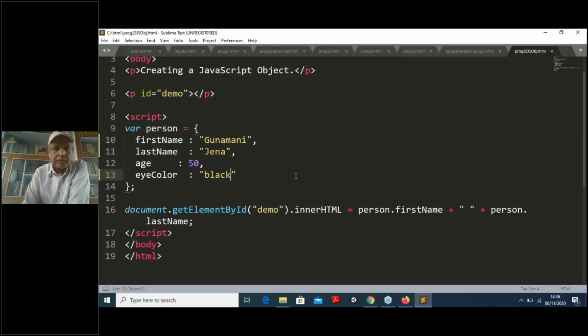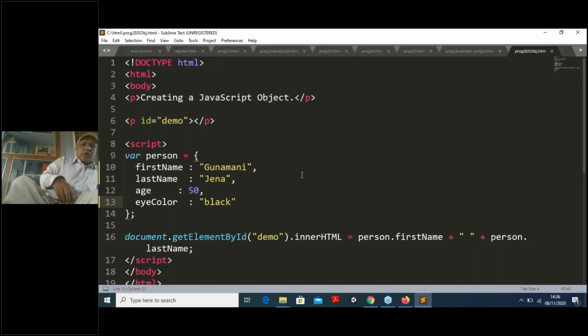Now come to the programming part here again. You try to understand our aim here inside the HTML. See, you are not using any language Java. Remember, this is not a Java language at all, and it has nothing to do with the object oriented. It has nothing to do with creating a class or anything. It's clear? So inside the HTML, we are creating a concept of object using this scripting language. The scripting language is JavaScript. So that's why the title, just like I put it, the paragraph P, creating a JavaScript object. That is my aim, that I want to create an object and I want to use this object here also.